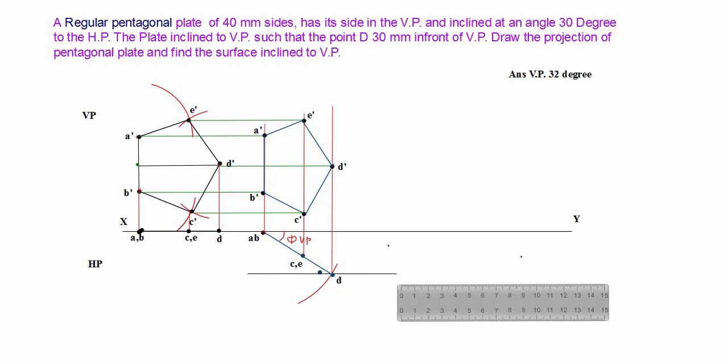But what is the difference between the first elevation, whenever your plate is inclined on VP plane, and this elevation in such a second stage where your plate is inclined to VP, surface inclined to VP? So this area bounded by this polygon is higher than this one. So here you have the tilted plate inclined with VP. So we can get the pentagonal with some